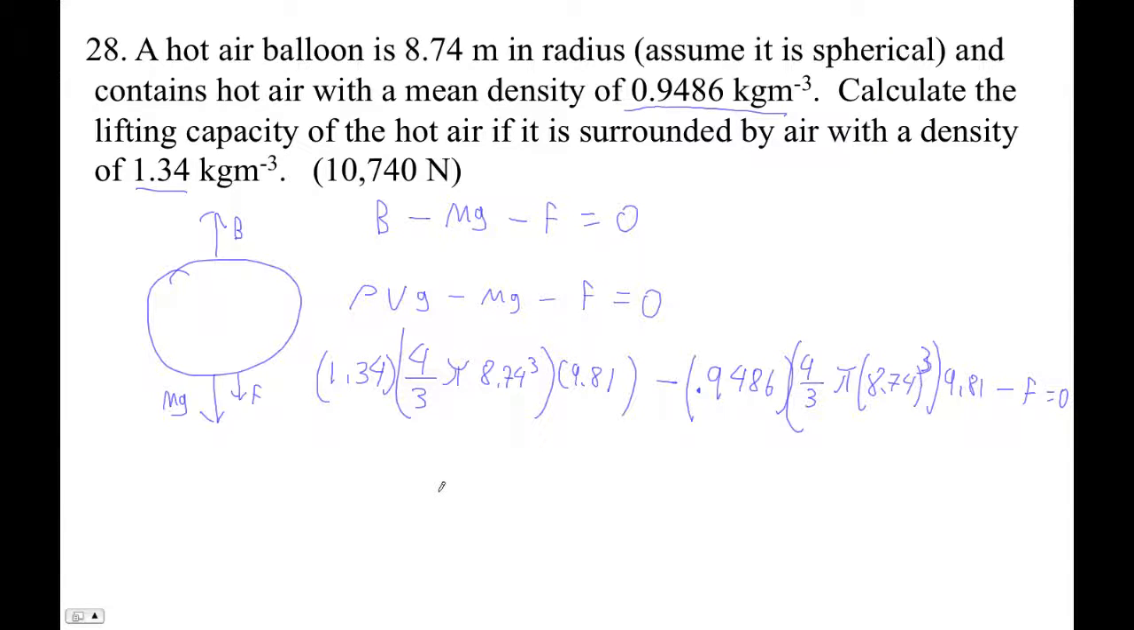So parentheses 1.34 minus 0.9486, times 4/3 times pi times 8.74 raised to the third times 9.81. Oops. Hold on. All right, there we go. Go right arrow times 9.81. All right, are we ready for this? There we go. So when I calculate what that force has to be, I get